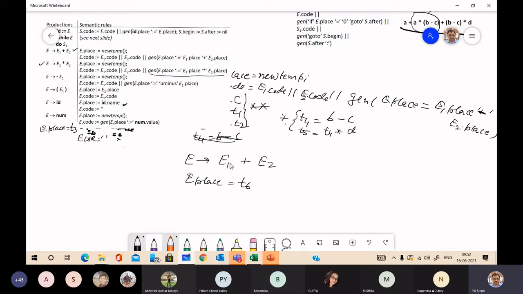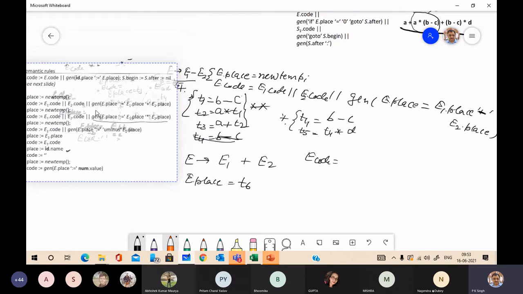Now it will generate code for this E.code. E.code consists of E1.code.